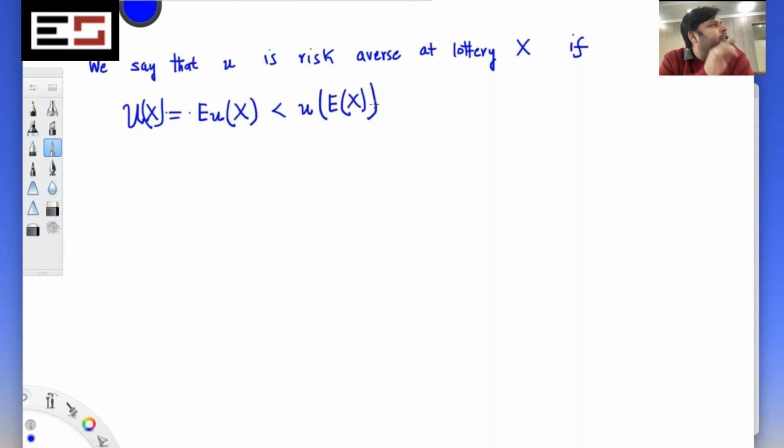So we say that a particular individual is risk averse at a particular lottery X if he strictly prefers the expected value of the lottery to the lottery itself,